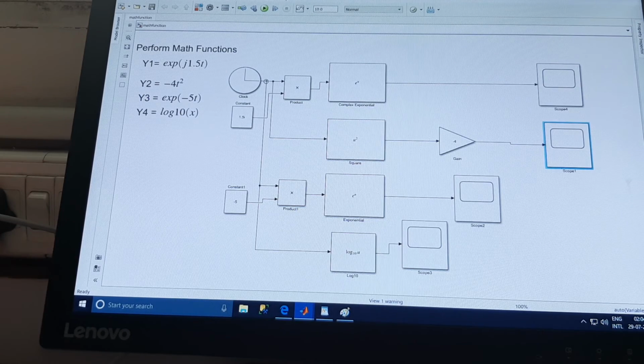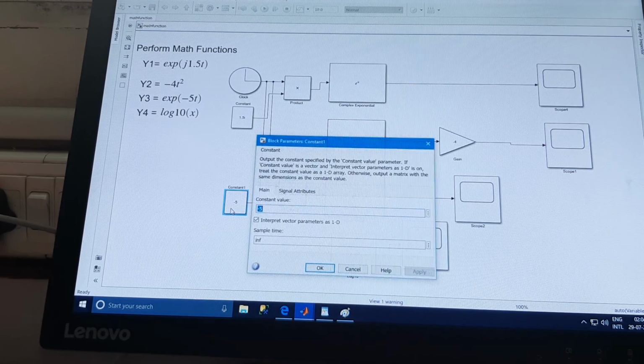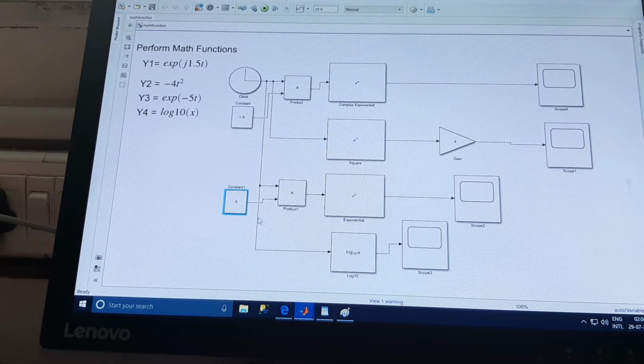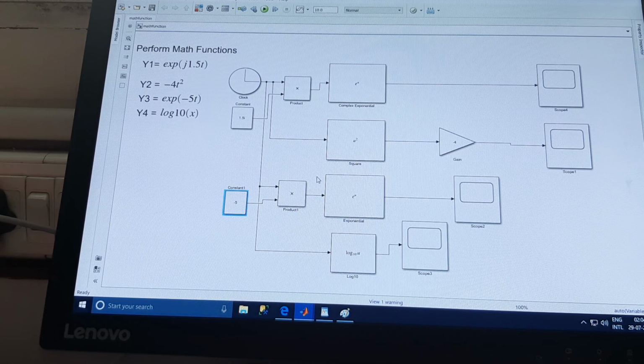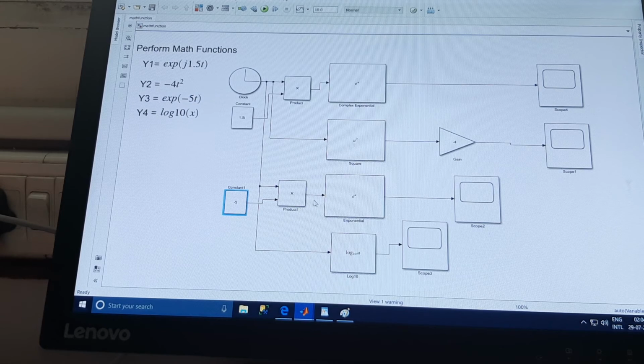So we'll draw a branch line from here, and to define minus 5 we will use a constant block and type minus 5 in the constant value field box. Click OK. Then use a product block to multiply these two, the clock signal and the minus 5 constant value.